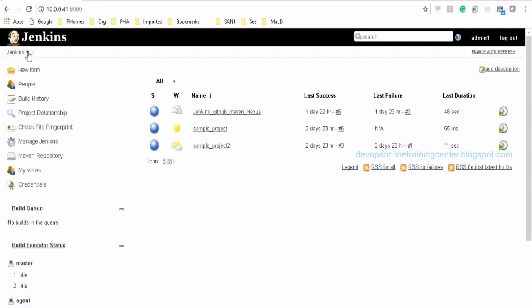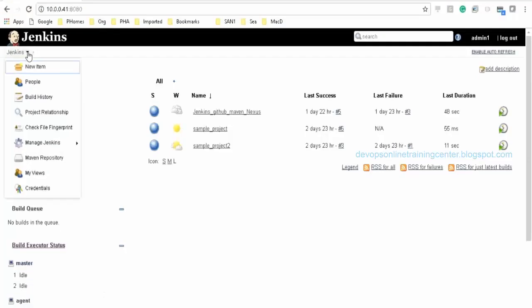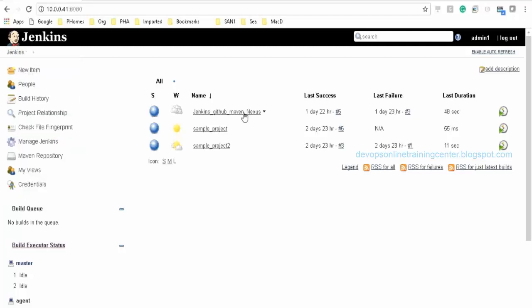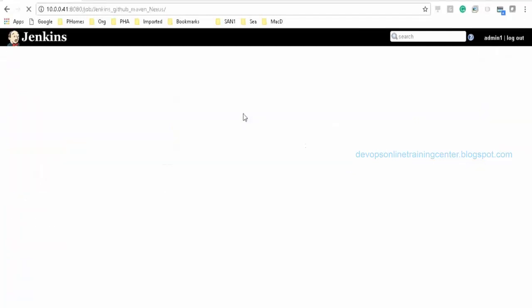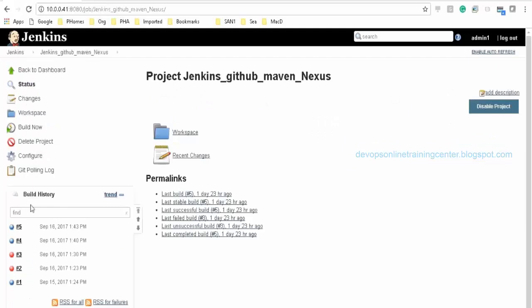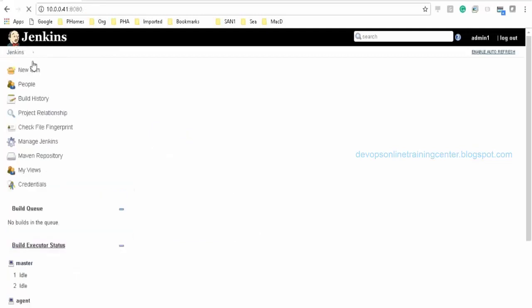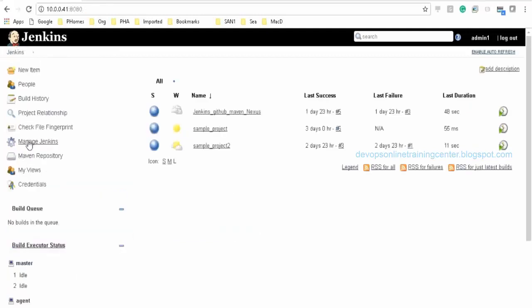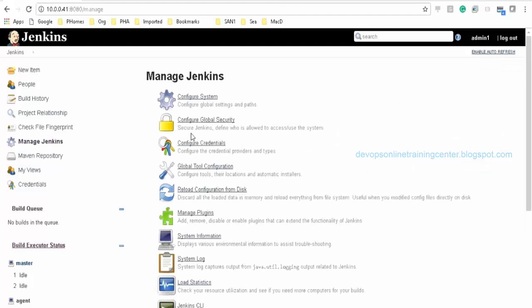Any other questions? So we have seen managing plugins, installing a plugin, and we have seen the integration, right? Then let us try to install one more plugin, that is Ansible.